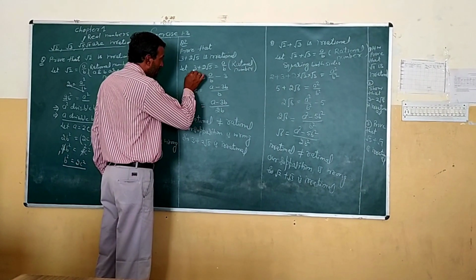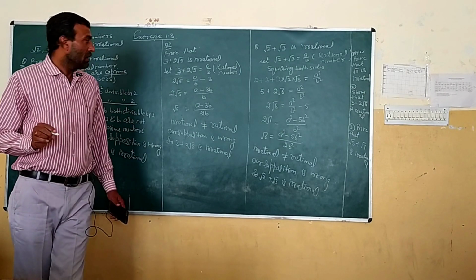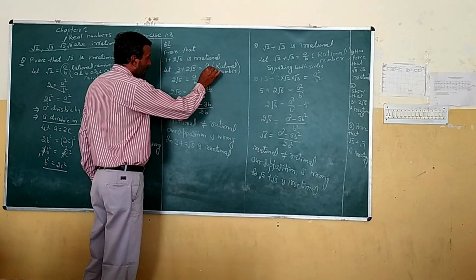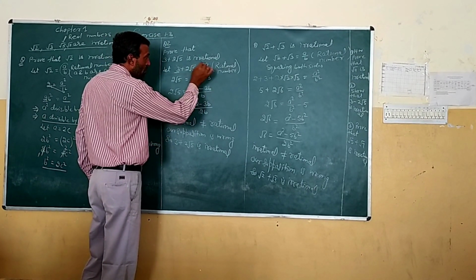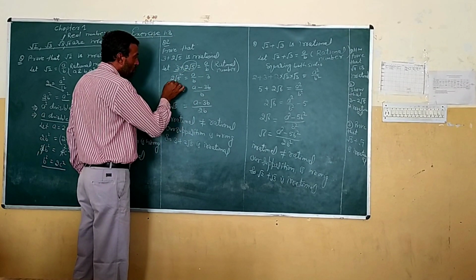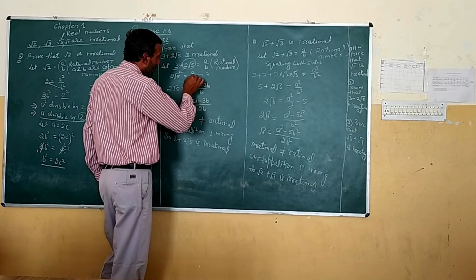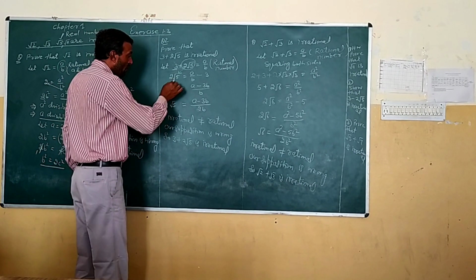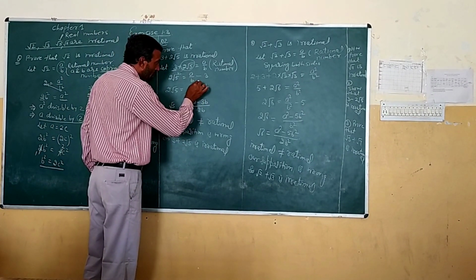Look at the first term, which is 3. There is no root there, so 3 without root we transpose to the other side. First we write down 2 root 5 is equal to a upon b, and transposing 3 to this side, we get a upon b minus 3. So 2 root 5 is equal to that. Now we take the LCM, and b goes to this side.